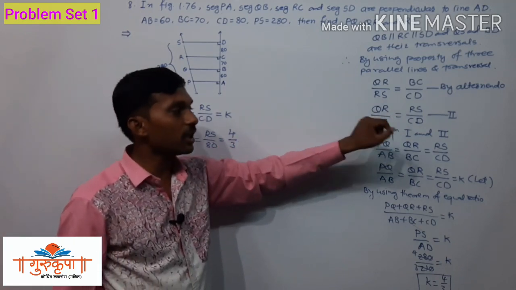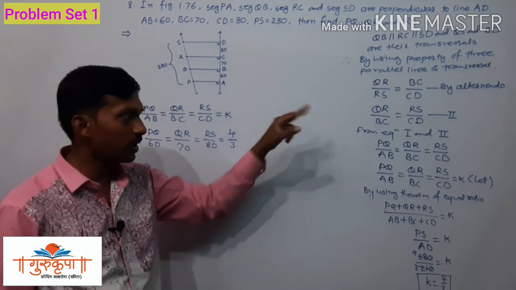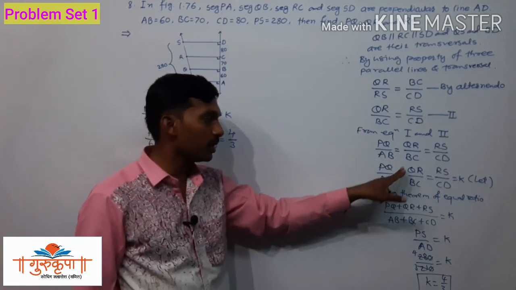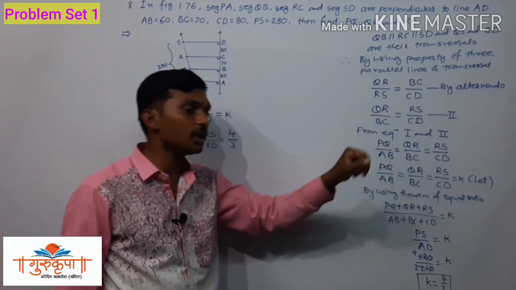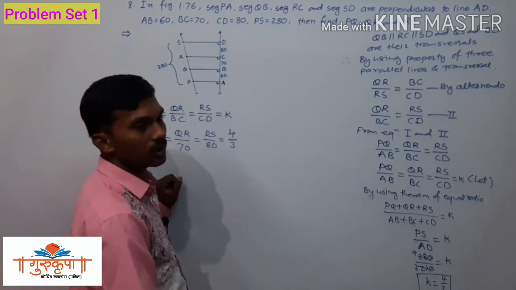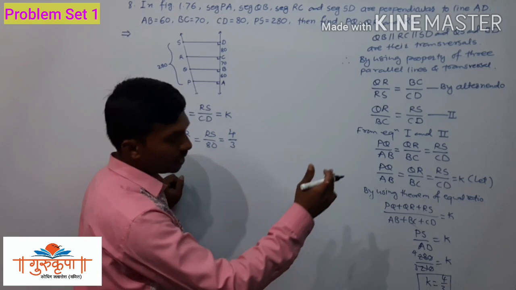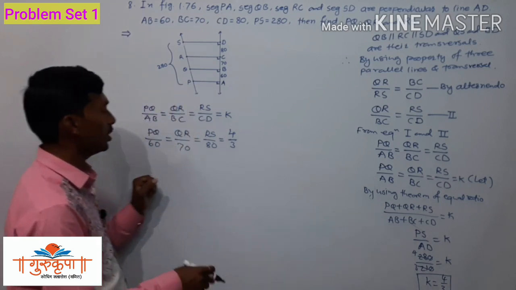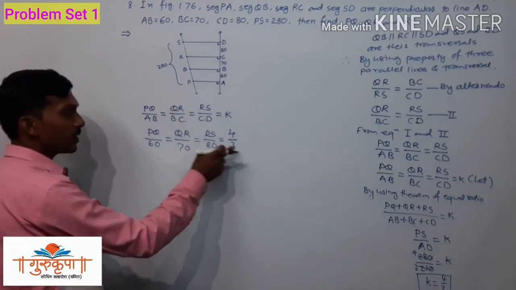this second equation, and then from equations 1 and 2 we will get PQ upon AB is equal to QR upon BC is equal to RS upon CD, and we have to get one more ratio there, that is K, and we have to get the value of K, that is 4 upon 3. Now using the first and last ratio,